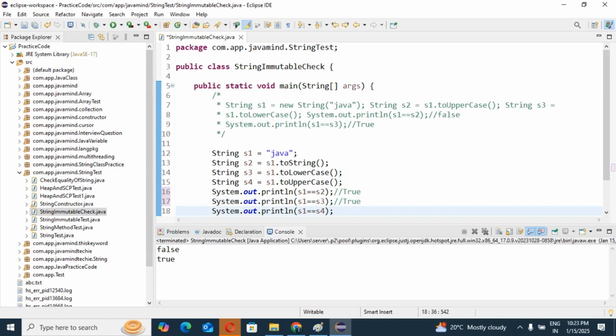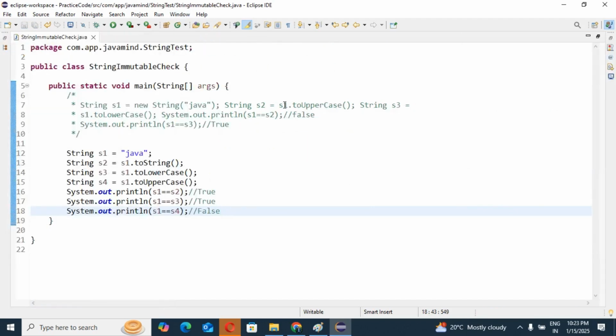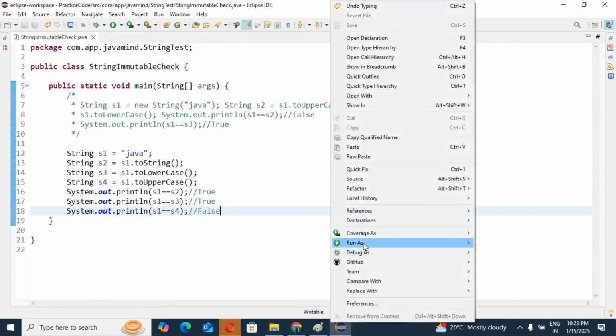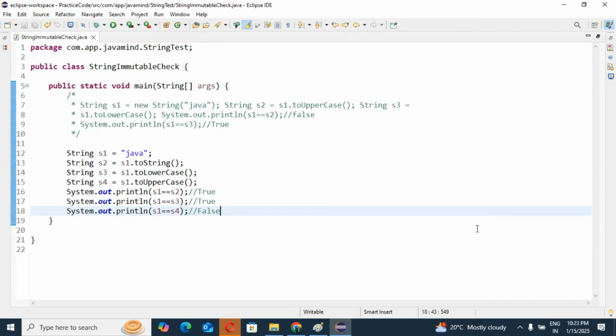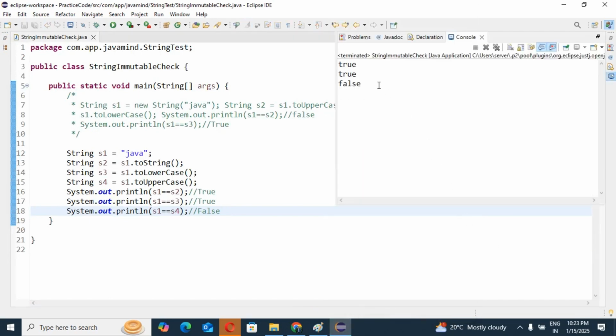And this should be false, right? We'll run the application and see whether the result comes as expected or not. Then we'll come to know. So what we have understood is 100% correct. True, false.